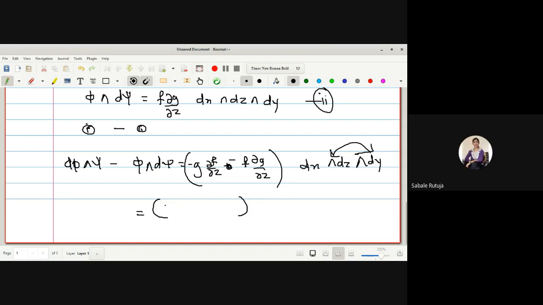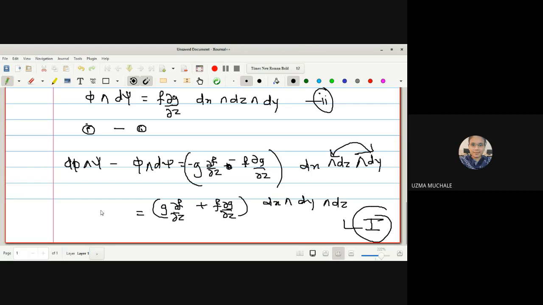Yes, ma'am. Okay, so we remain with dou g by dou z, g dou f by dou z plus f as it is dou g by dou z and we remain with dx. का position हमने change नहीं किया है. We have simply changed the position of dy with dz and one negative sign is generated which will be merged out with this negative. Okay, so we got this. You can name it as some equation 1 and then we will solve the second part. Okay.